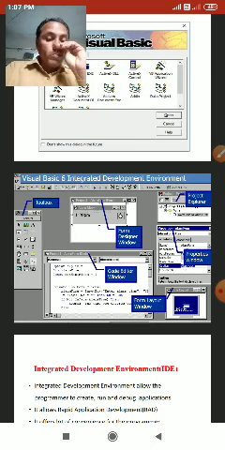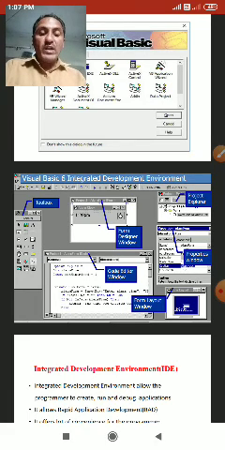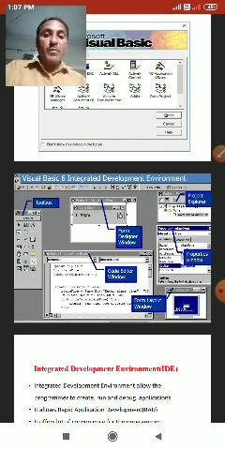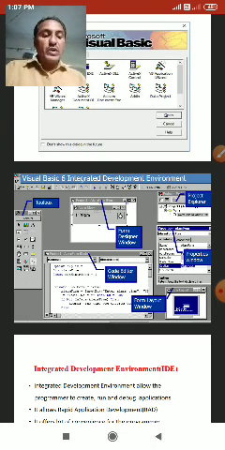Start a new Visual Basic 6.0 Standard EXE project. You will be presented with the Visual Basic 6.0 integrated development environment, the IDE. The Visual Basic 6.0 integrated programming environment is shown in the figure.